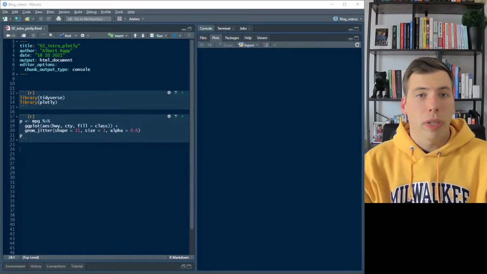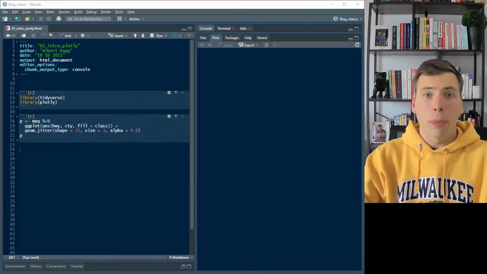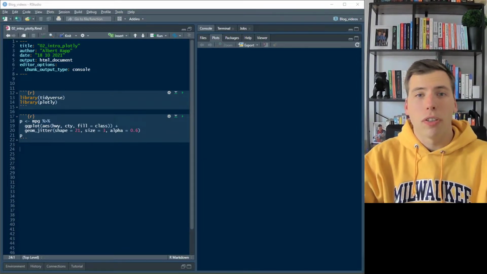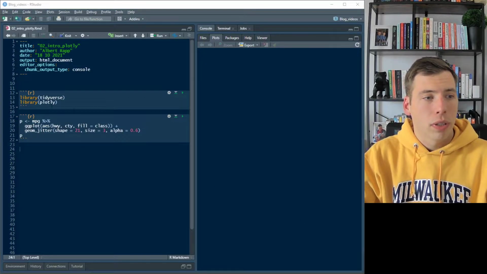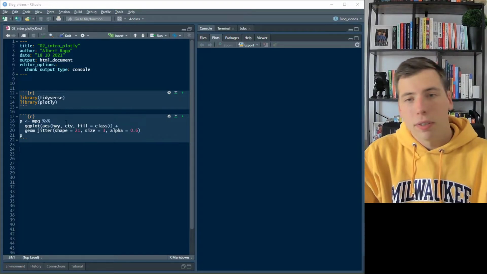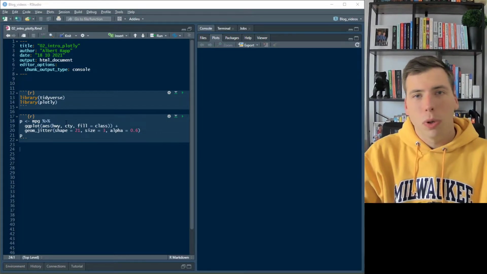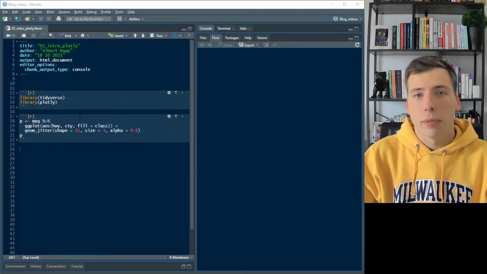Hi everyone, this weekend I tried out the Plotly graphing library. You may know it from JavaScript, and I tried to figure out how its implementation in R works, and I wrote a small blog post about it. It's not really an introduction, it was more like a trial and error thing, and I tried to figure out